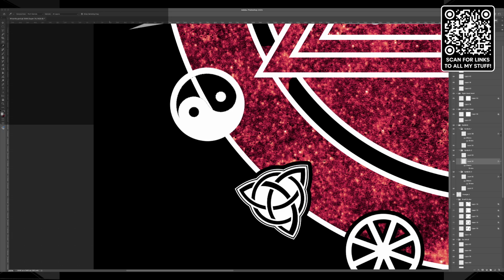Let's blacken this in because I know I want this to be black. I want it to be solid and I want it to be clear. So now if I turn the stroke back on, it's only on the outside. Oh man, I gotta think about what I want to do here. Oh, oops, I didn't realize I had everything selected.